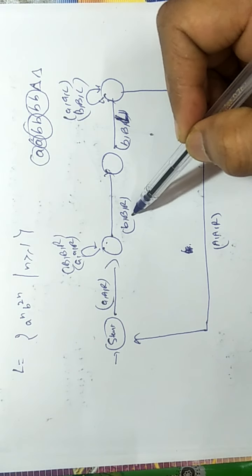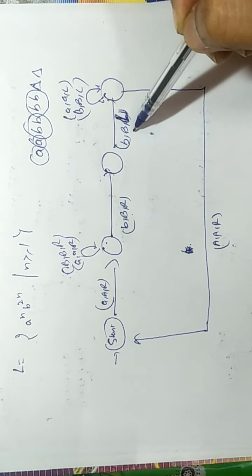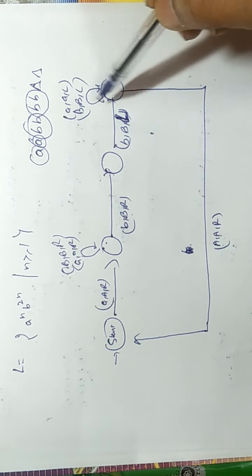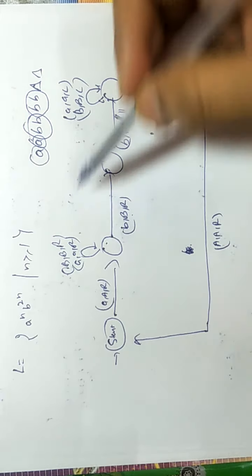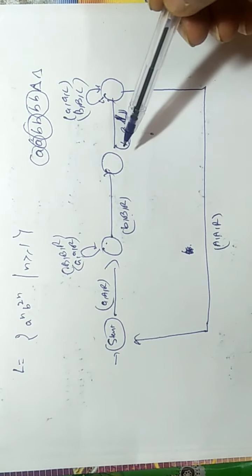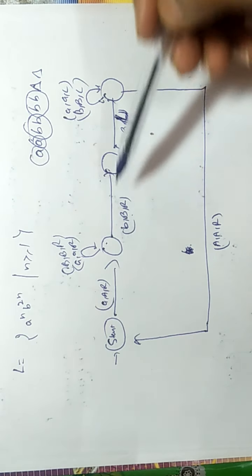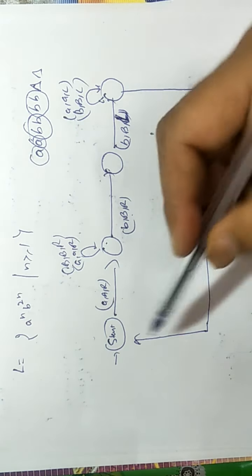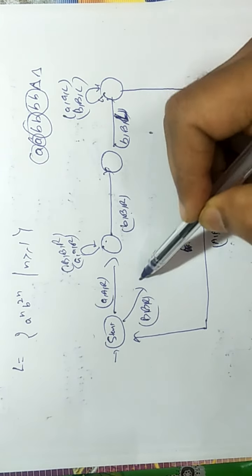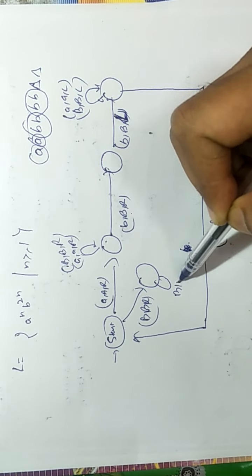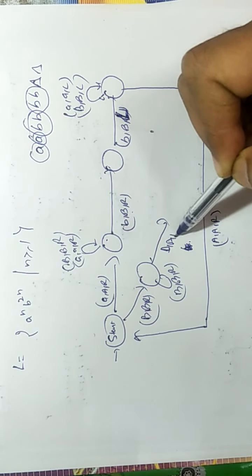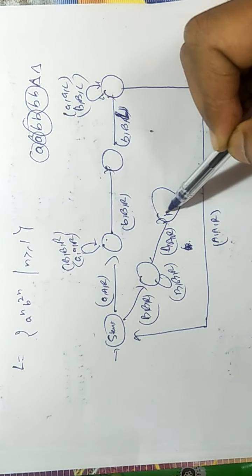Then you will get a small b, then you will get second small b, change, and from here you have to move to the left. You will move to the left till capital A. So in this way you are marking one small a with 2 small b. For one small a you are marking 2 small b, and at the end you will get B. Moving to right, you will get all B's, and at the end you will reach the halt.